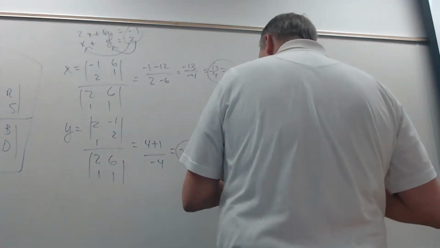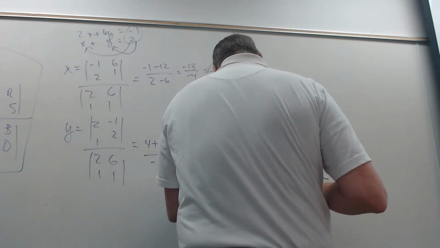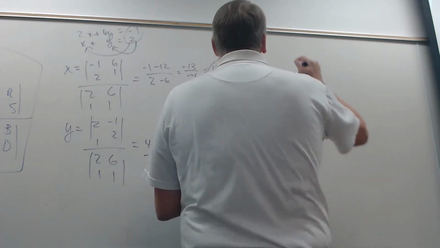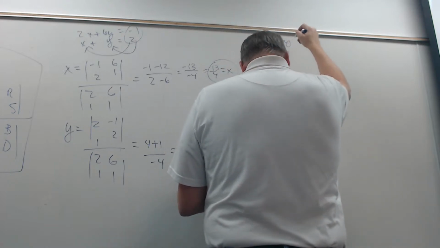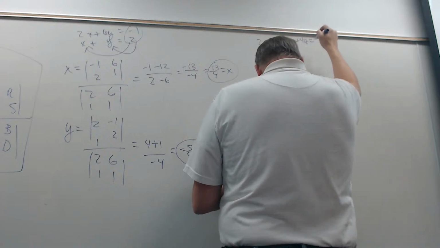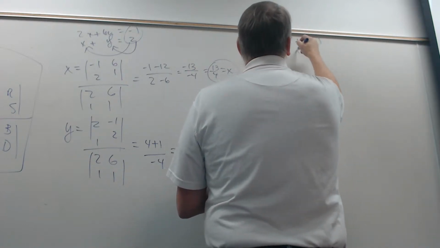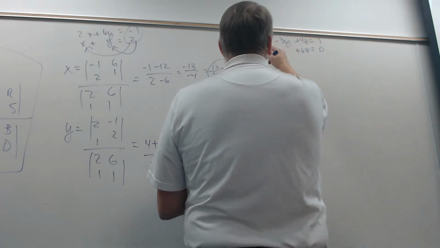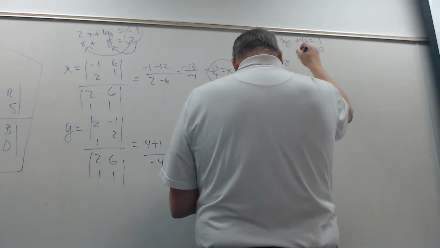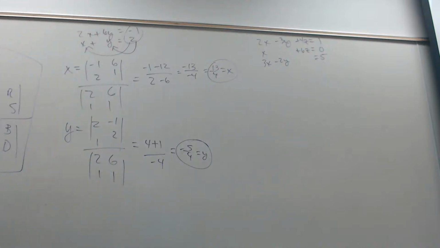Okay, so let's do the equations. 2x minus 3y plus 4z equals 1. x plus 6z equals 0. 3x minus 2y equals 5. And I want you to solve this with Cramer's rule. So Caitlin,